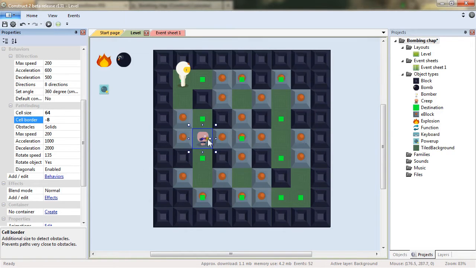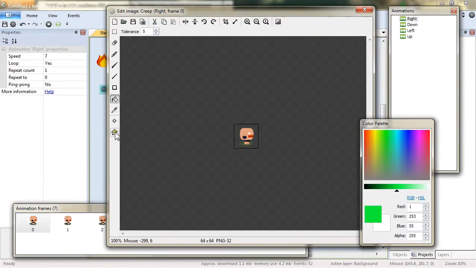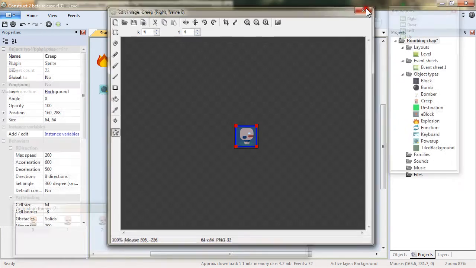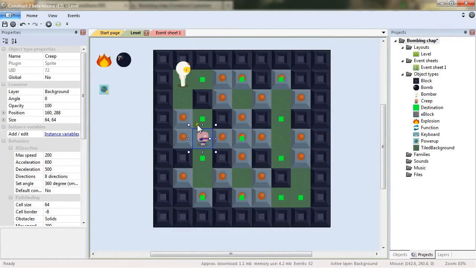It will mean that, pretty much like the collision polygon there, which is a bit smaller than the size of the texture, the pathfinding will go into cells of 64 by 64,